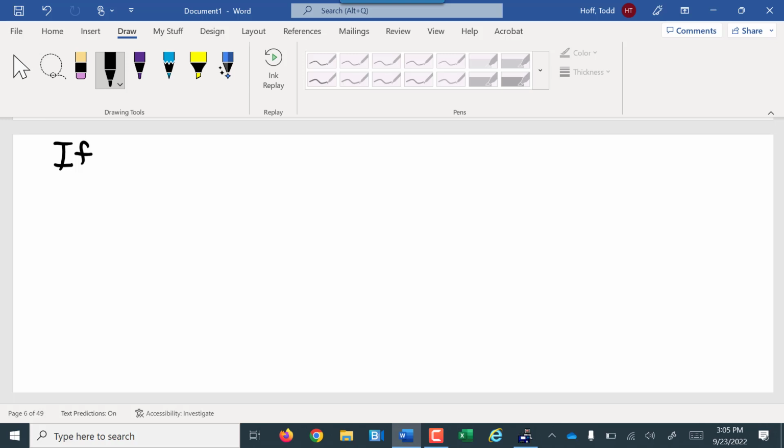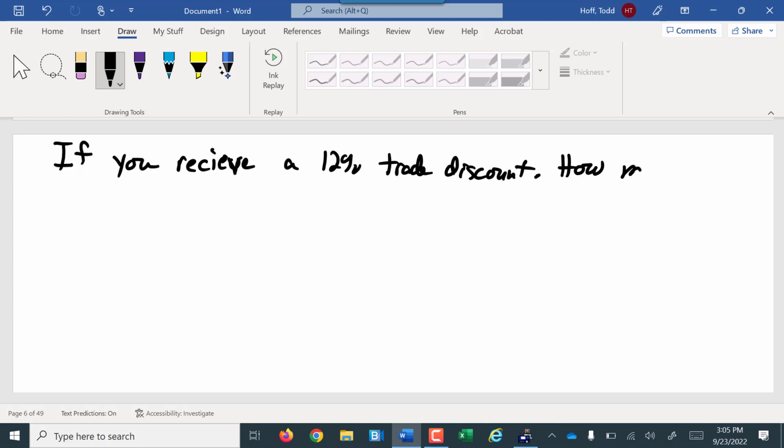Anyway, so let's say you receive a 12% trade discount. Again, all that means is because you're a contractor and not just a regular homeowner, you're going to get a 12% discount off materials. How much would you pay